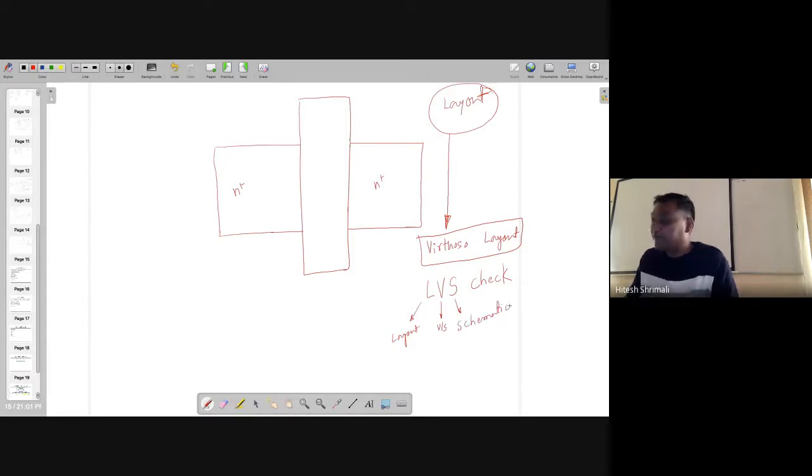So the schematic will be there for reference, and then you're going to make the layout. You will compare both of them, to see whether both are the same or not. If they are the same, fine. It's a happy smiley, exactly like this, in green color. And if not, it's the reverse of a smiley, in red color. You are going to see, okay, that it's not working.